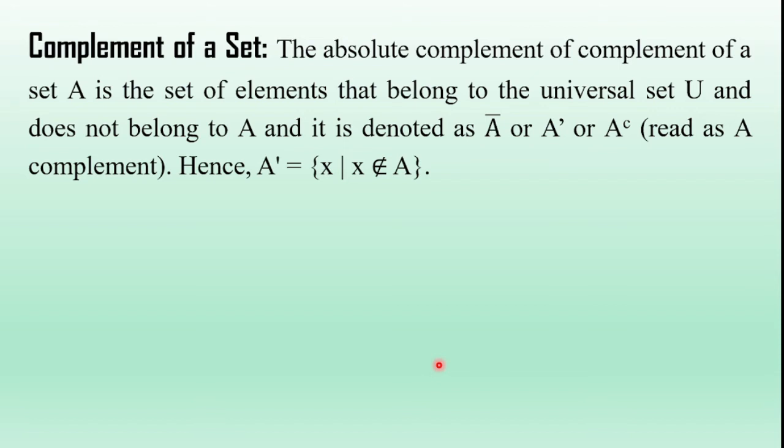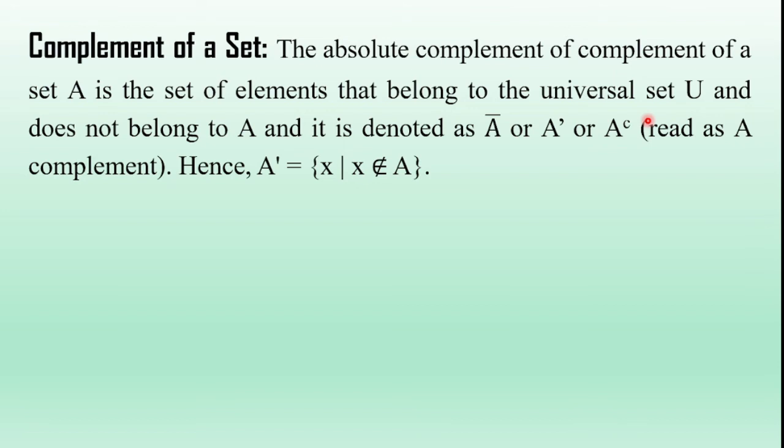Capital A is the set A. The complement of the set A is denoted symbolically as A bar, A cap, or A dash. And what is the complement of a set? The absolute complement of a set A is the set of elements that belong to the universal set